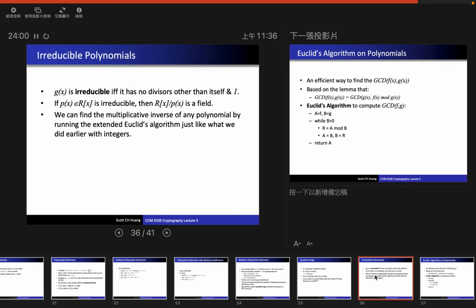So this is irreducible. No big deal. Now let's construct this. Okay, so we are considering every polynomial mod this. So what do you mean by that? That means if you have any polynomial which has degree 2 or more, then we can reduce its power because we can do long division. For example,